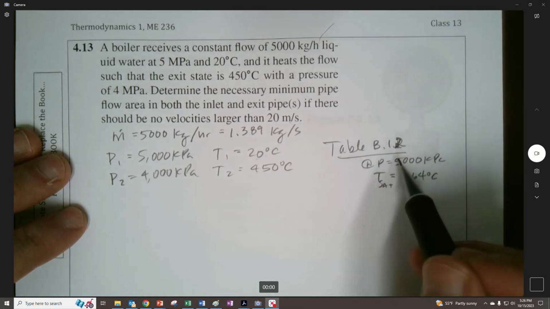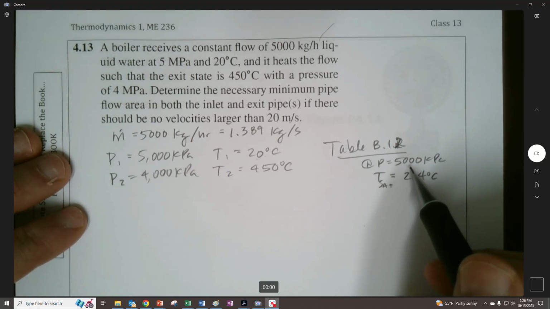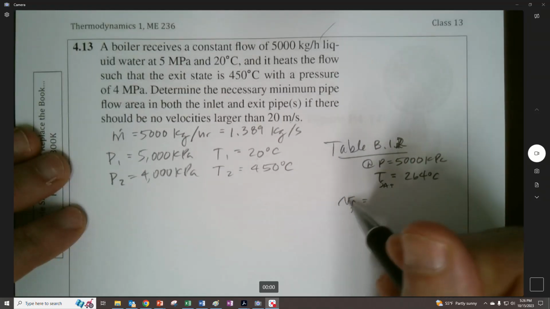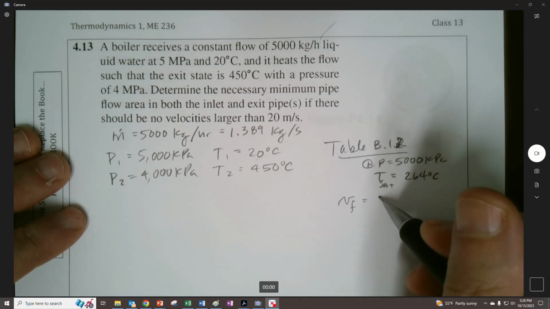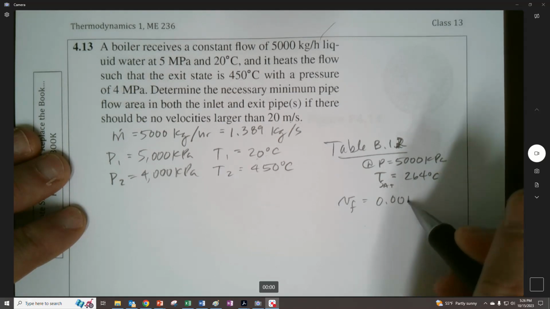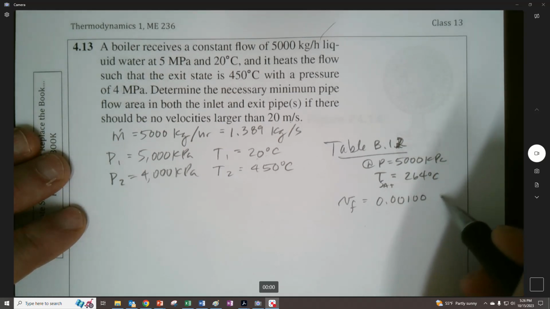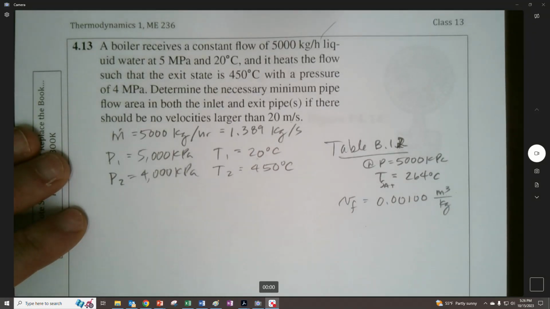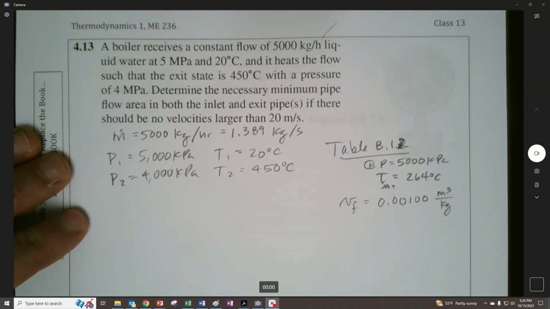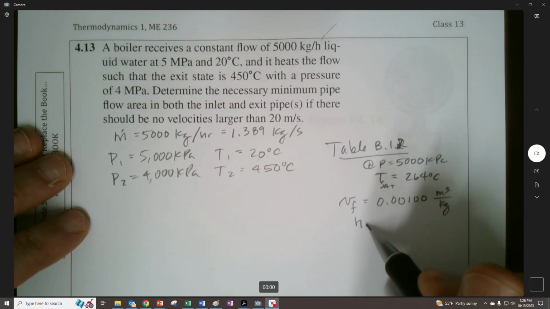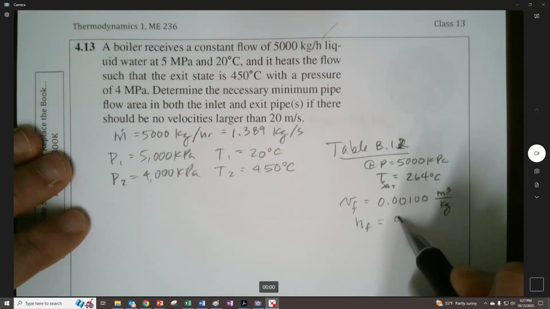So what I would just do from this is I'd probably use the v at that, right? The fluid specific volume. And that comes out to 0.00100, and I think there's a number after that, but I'm not sure. But anyway, I just went ahead and used it, right? So in the previous example, I think I also mentioned that's just really a good assumption to make. You're not being off too far. Something I'll do at the end of this, which I'll answer something that's not quite being asked, but I'll do it anyway. Let me get the fluid